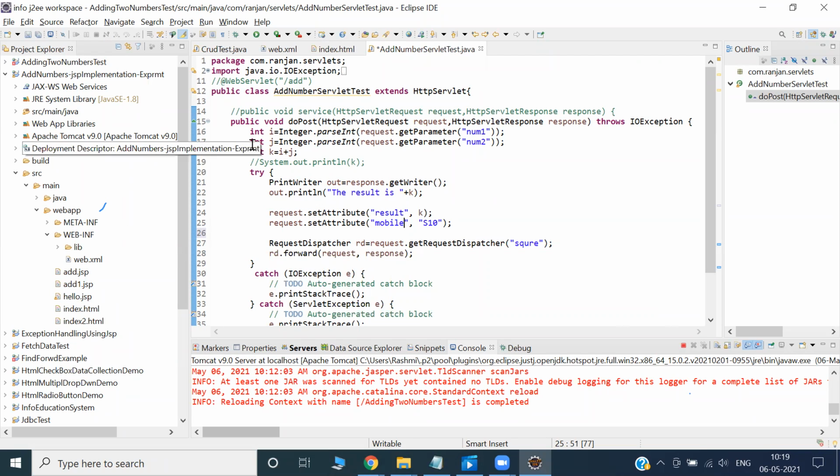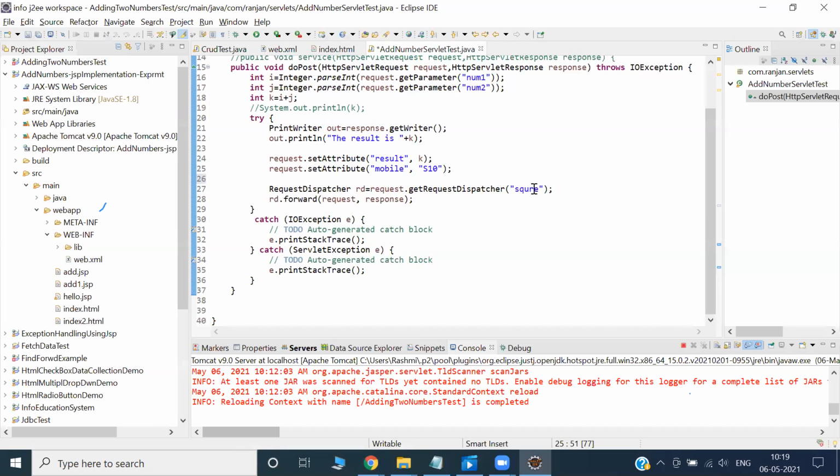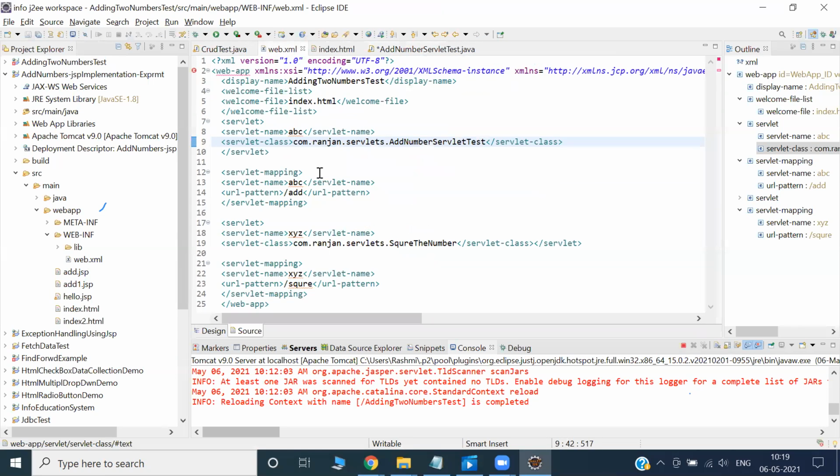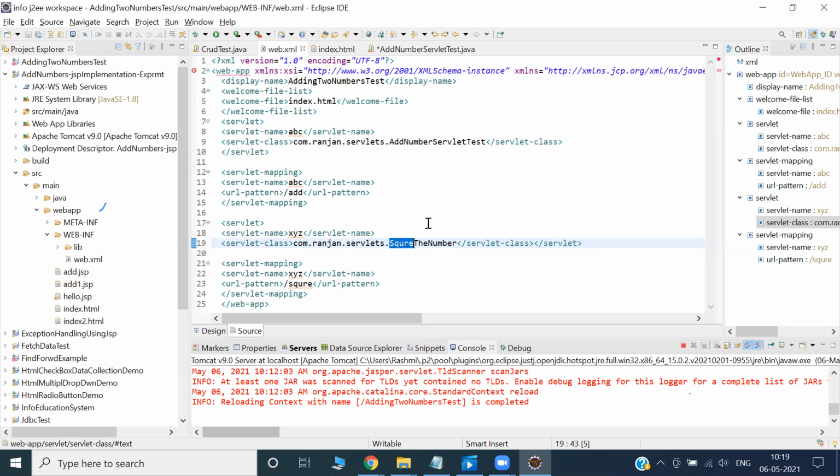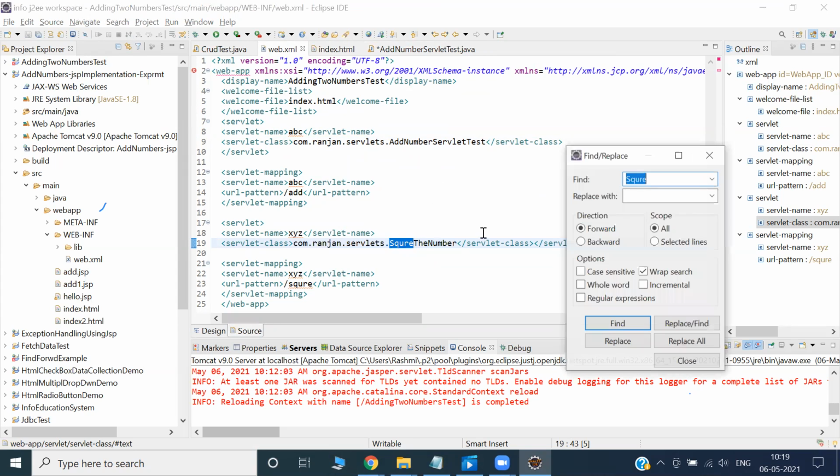So who can help me find the servlet? Copy. Go to the web.xml. You can search with Control Find. It is visible, there are only 2 to 3 servlets, so what is the point of searching? But that is the style of how you search, because here there are only 2 servlets. If there were 50 servlets, how could you scroll and search? Better to find in this way. So I use Control Find. Yes, this is the way you search.